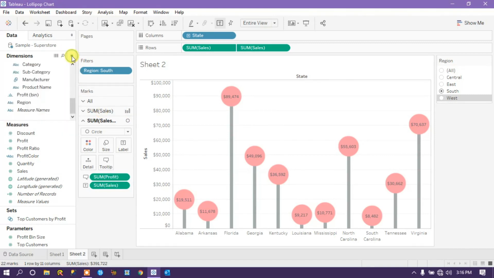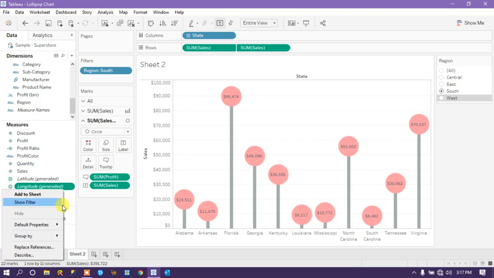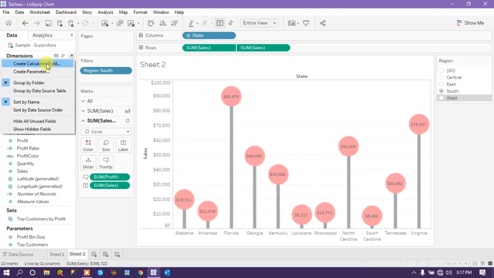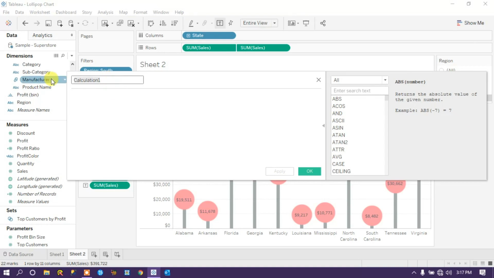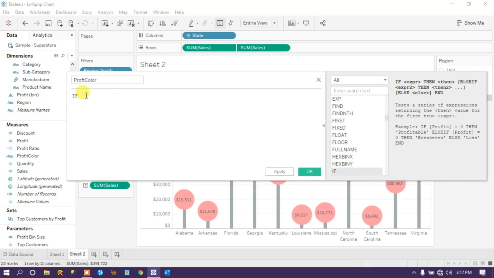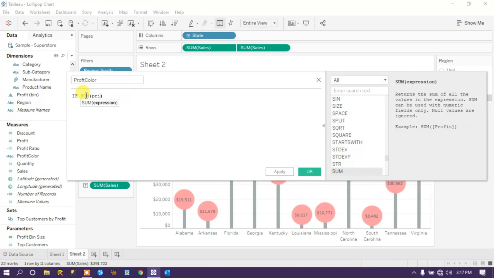So I will create a calculation field. I will click on this drop down icon, or you can simply right click in this area. Click on create calculation field. Here type profit color, right? I will apply my if function. If sum of profit is less than 0,